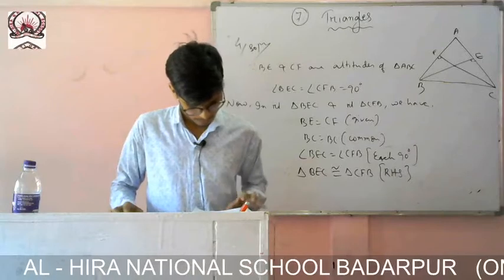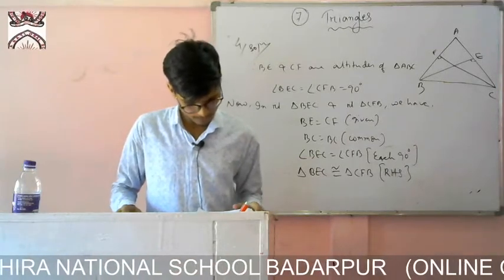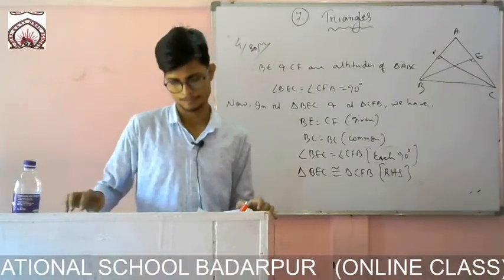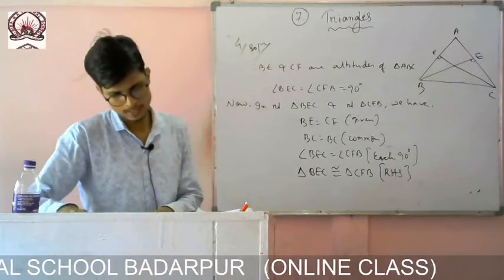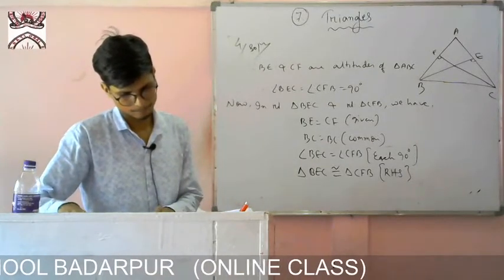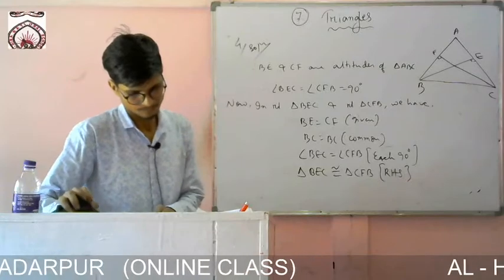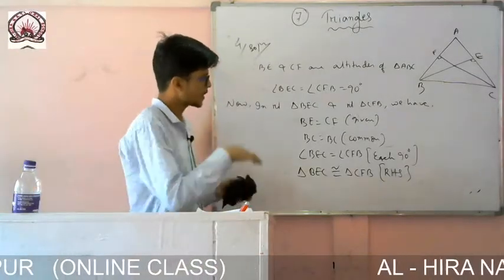Now another proof, that the triangle is isosceles also. Prove that the triangle is isosceles. Okay, so since these two are equal,